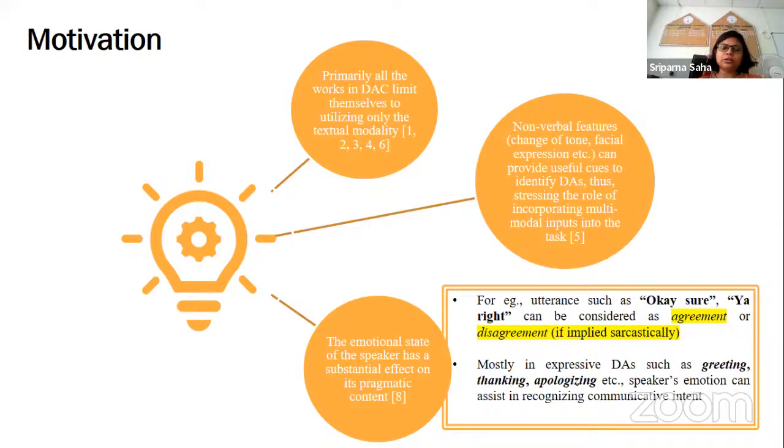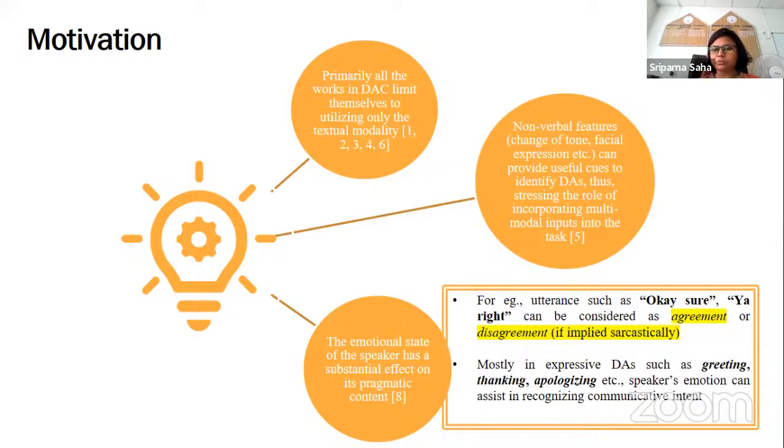This is the motivation for solving dialogue act classification in a multimodal setting. Till now I discussed approaches where we only have the textual representation of the utterance. But now we will consider not only the textual representation, but also the tone information,